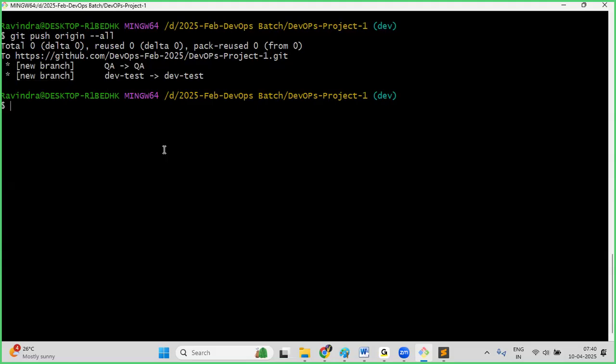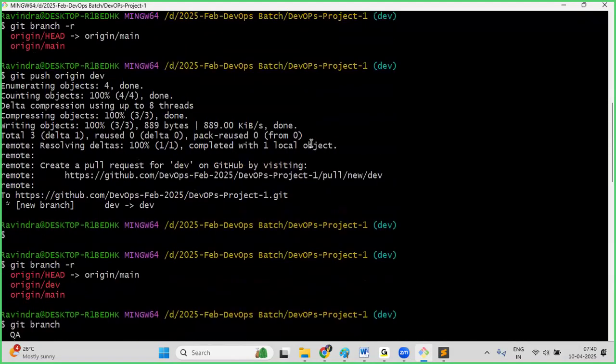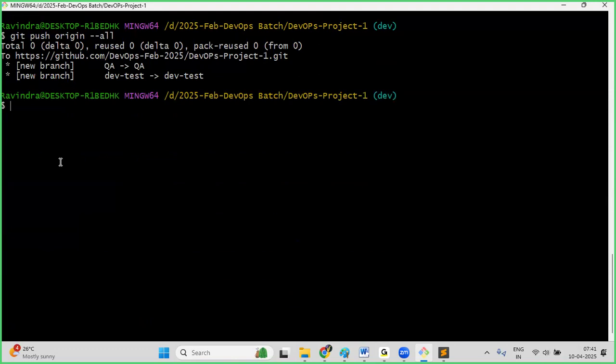When we sent changes from the present branch, that time also we saw that, yes, new branch. See guys, here we saw it as new. When we sent from the local repository to the remote repository the first time, we sent the changes from our local repository to remote on the dev branch. Now if you do it again,